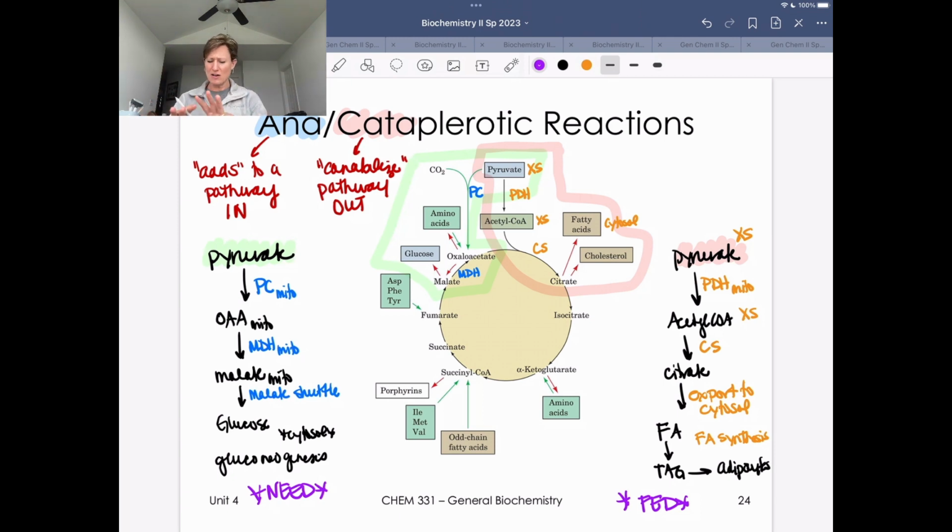We're going to see a lot of this again when we talk about the metabolism of amino acids, but there are two I want to point out. We're seeing that lots of amino acids might feed in or out at alpha ketoglutarate, but specifically looking at these two groups, we are going to be talking about